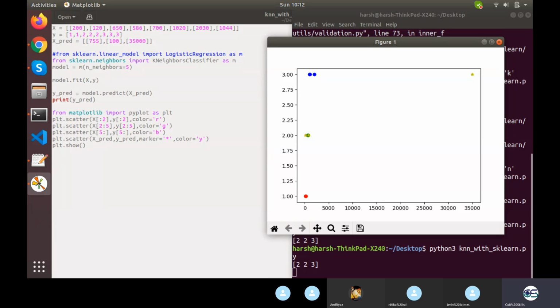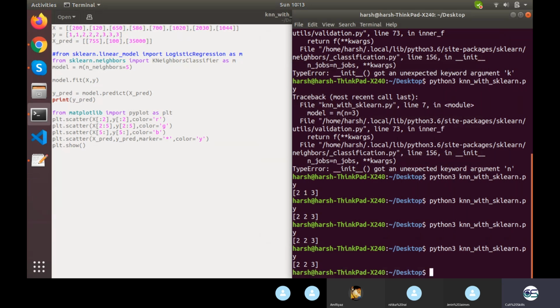So first 2 points are almost closest to each other. Then there is a green point right there, and precisely there should be 3 green points. And then at last I'm having 3 blue points. 2 of them are right here, and so this is what the graph is showing up. That is how KNN is operating, because the Y part was nothing but the label only, that this is class 1, the class 2 and class 3, nothing else. It was a single dimensional graph. Only the x values were used to determine the class of any particular object. Okay, so is this KNN completely clear to all of you?